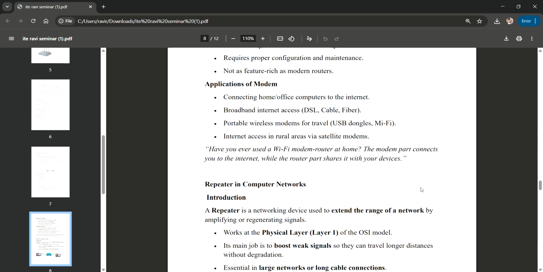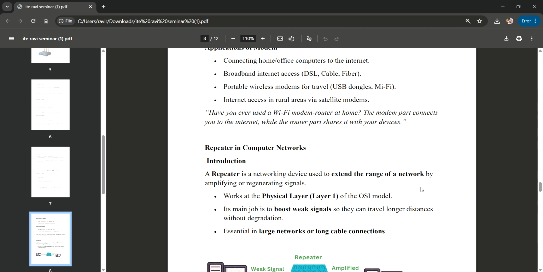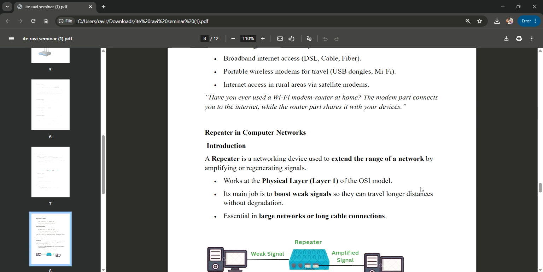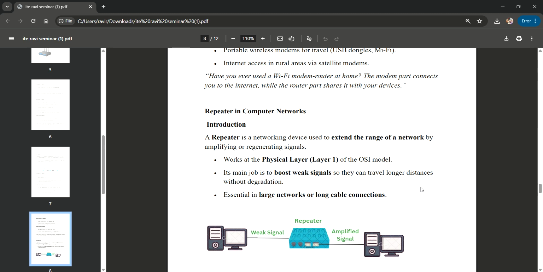So coming to the repeater in computer networks. A repeater is a networking device used to extend the range of a network by amplifying or regenerating the signals. It basically works at the physical layer, that is layer 1 of the OSI model. Its main purpose is to boost the weak signals, that is amplification, so that they can travel longer distances without degradation. So it reduces data loss and also supports the weak signals to get amplified. It is very essential in large networks or long cable connections